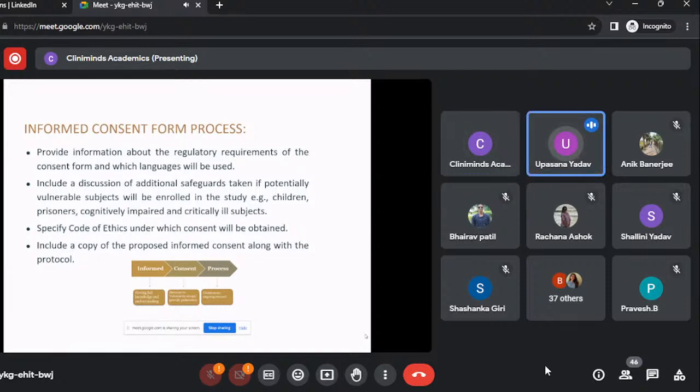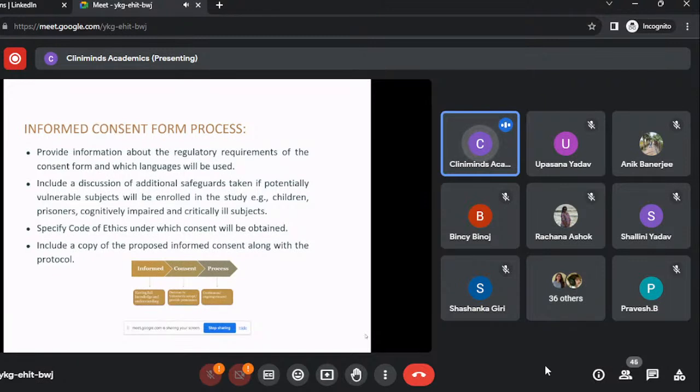It is a document in which consent or permission is taken from the subject taking part in the trial. So informed consent is a procedure in which we obtain consent from the trial subject. If they are willing to participate, then we will obtain their consent. By signing the document, the subject can show their interest to participate in the study. So that information will be contained here: what is informed consent,